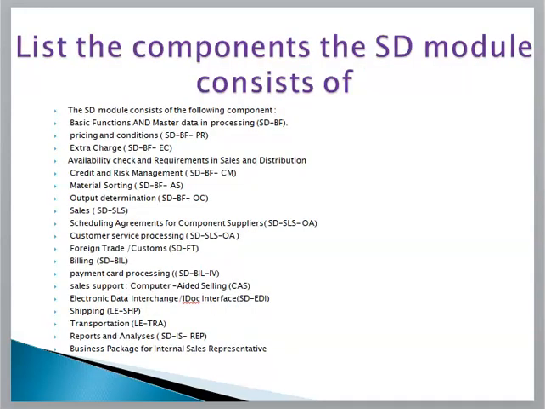List the components that the SD module consists of. Answer: the SD module consists of the following components: basic functions and master data, processing, purchasing and conditions, extra charge, availability check and requirements in sales and distribution, credit and risk management, material storing, output determination, sales, scheduling agreements for component suppliers, customer service processing, foreign trade customs,